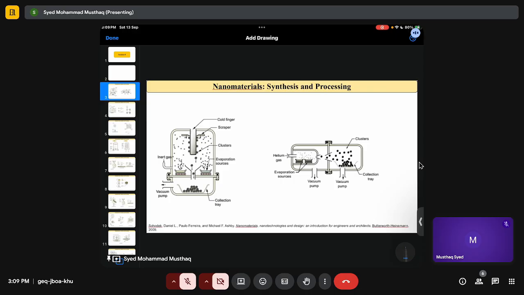We first started with methods for making 0D nanomaterials. So I'll write it here, methods for making 0D nanomaterials. We started with this. In that, first we discussed PVD. Again, I will not explain because it was explained many times. Even, I guess, the first lecture,